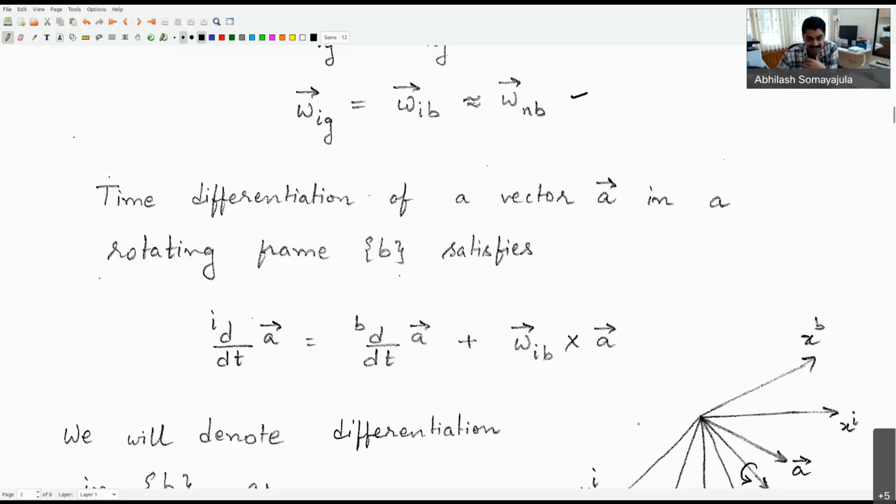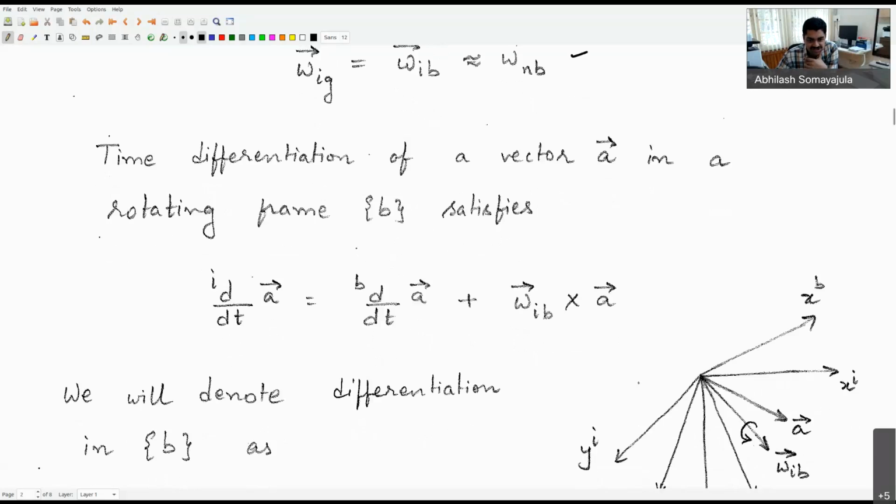Because the body coordinate system is a non-inertial frame, you'll have some extra terms creep in. And the relationship between them is given by: the time derivative of a vector in the inertial frame is equal to the time derivative of the vector with respect to the body fixed frame plus the omega ib, which is the angular velocity of the body